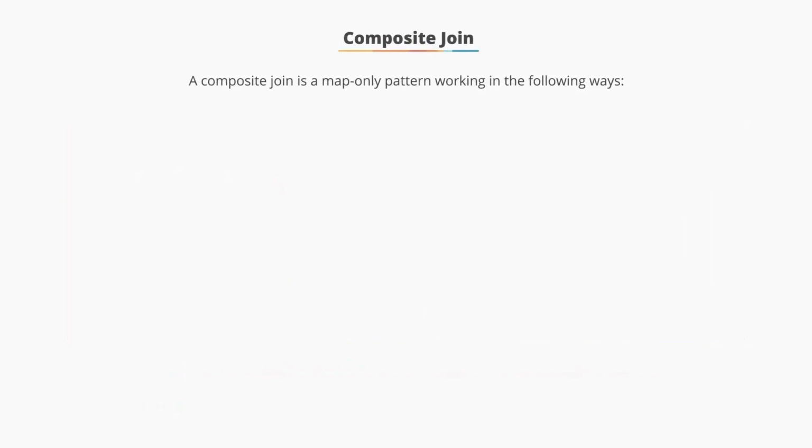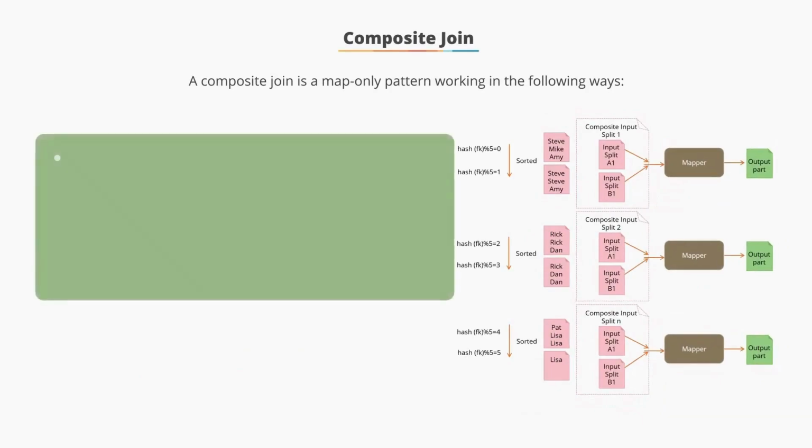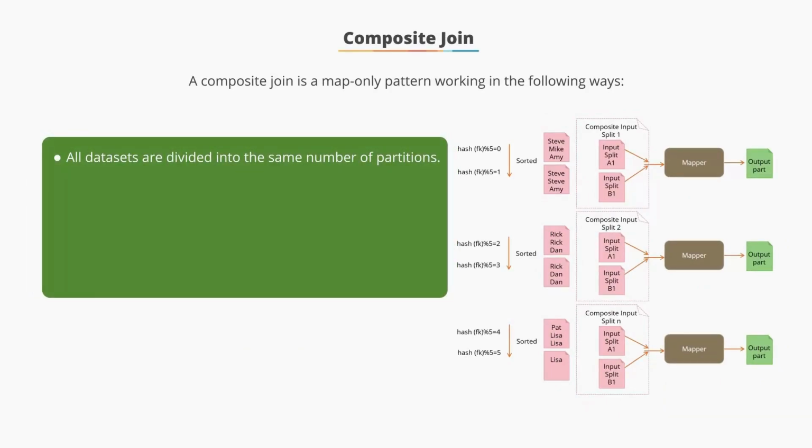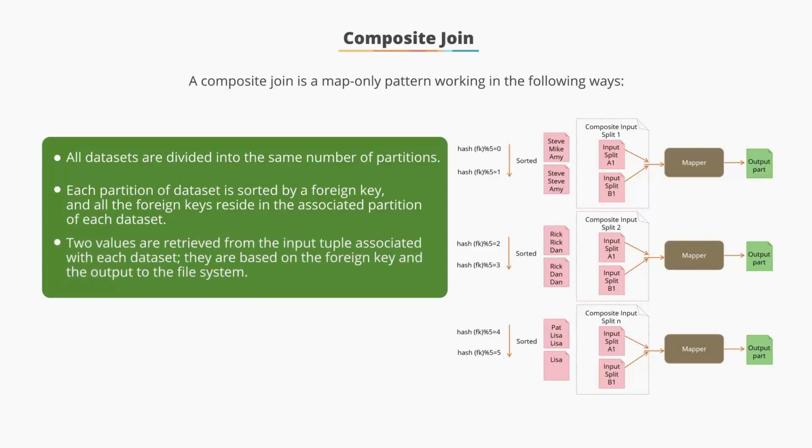A composite join is a map-only pattern, working in the following ways. All datasets are divided into the same number of partitions. Each partition of a dataset is sorted by a foreign key, and all of the foreign keys reside in the associated partition of each dataset. Two values are retrieved from the input tuple associated with each dataset based on the foreign key and output to the file system. This type of join is typically very lengthy and, depending on the size of your datasets, can run for a